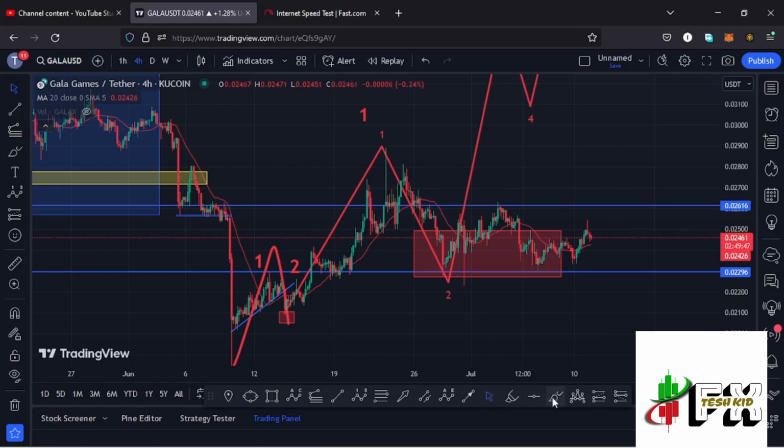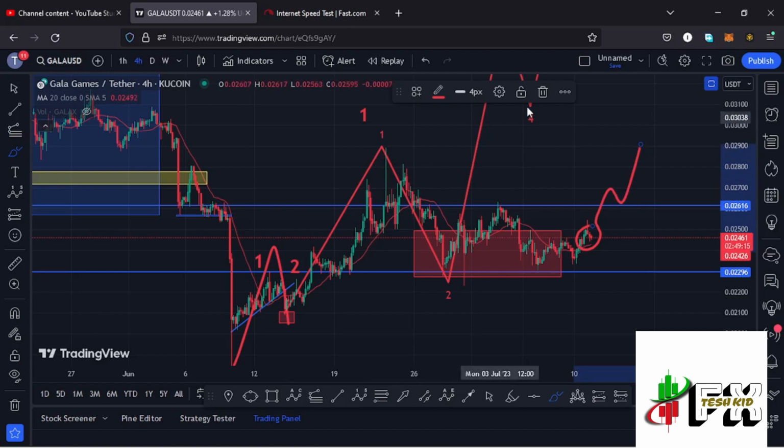At the time of this recording, Gala Games is holding above the 20-day MA here on the 4-hour chart, which is now acting as support for us to continue gearing up to our next key area of resistance at around the $0.02616 mark. And the moment we see a break above that key area of resistance, then we can watch out for a successful retest before we can continue gearing up and see a break above the high at around the